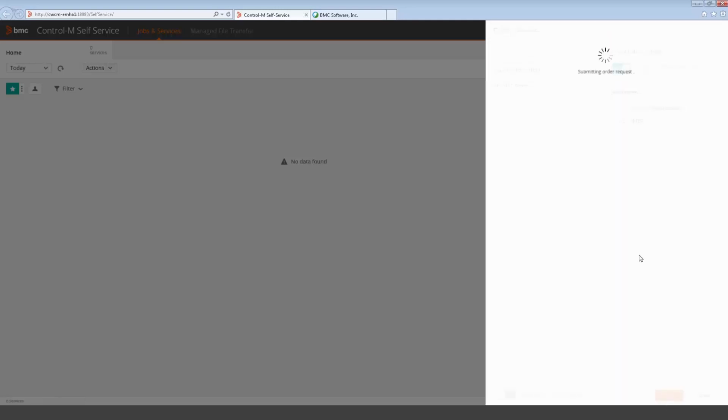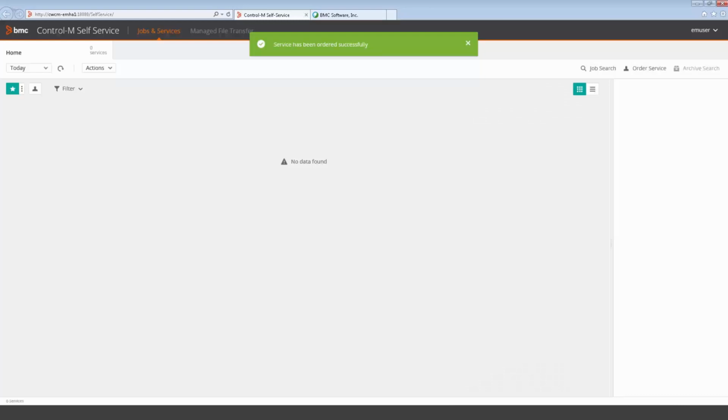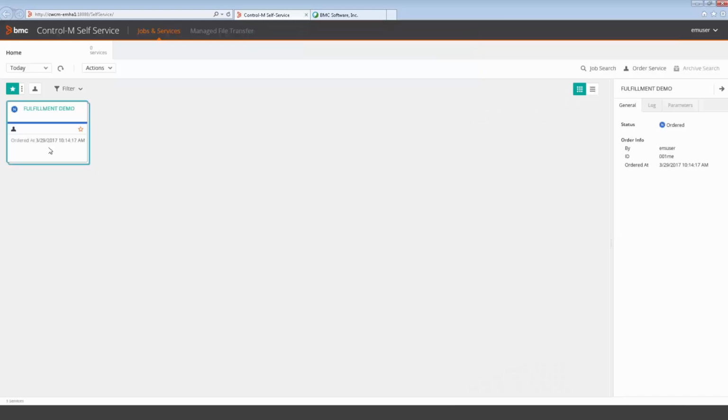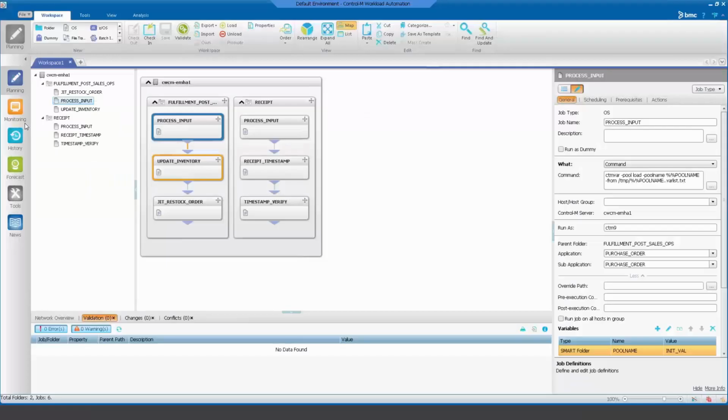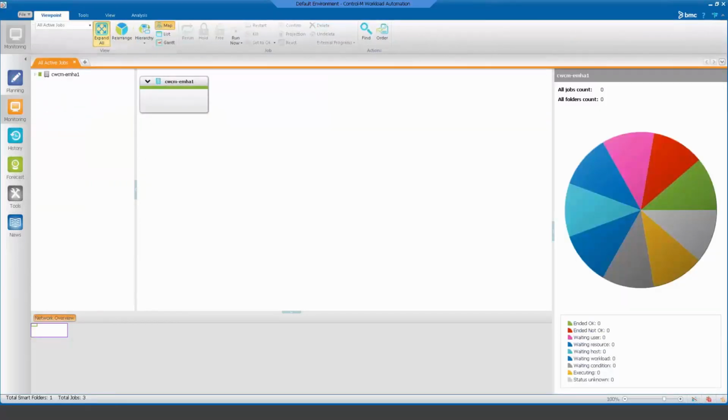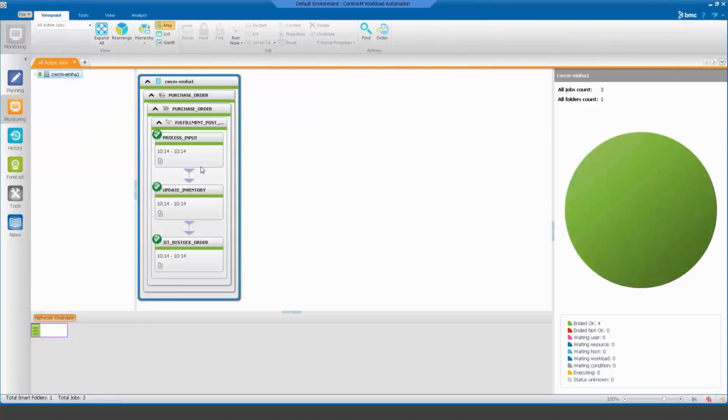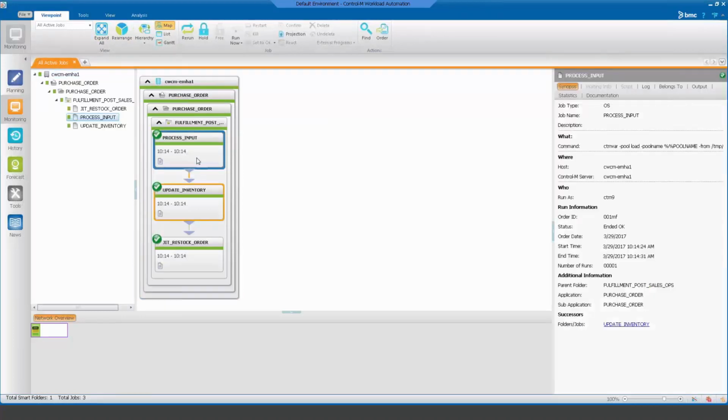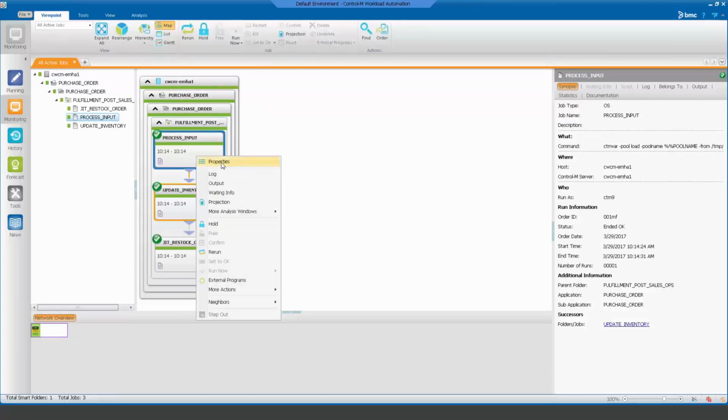So it's been ordered. Let's go back to the EMWA and take a look at that in the monitoring screen. Back in the monitoring domain, let's go ahead and expand to all. And first, let's view the process input. From here, we can look at